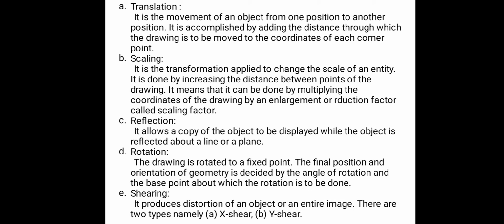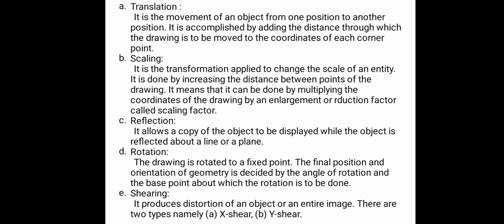Translation. It is the movement of an object from one position to another position. It is accomplished by adding the distance through which the drawing is to be moved to the coordinates of each corner point. Scaling. It is the transformation applied to change the scale of an entity. It is done by increasing the distance between the points of the drawing. It can be done by multiplying the coordinates of the drawing by an enlargement or reduction factor